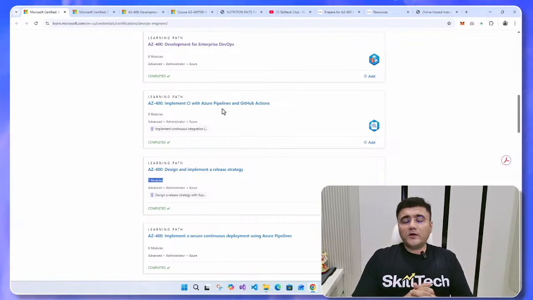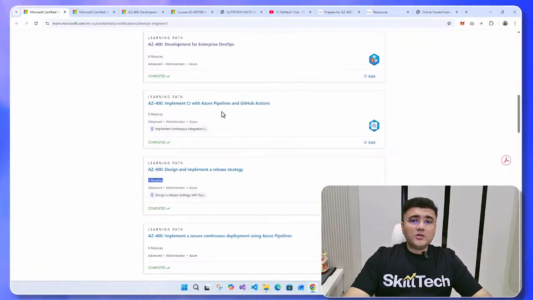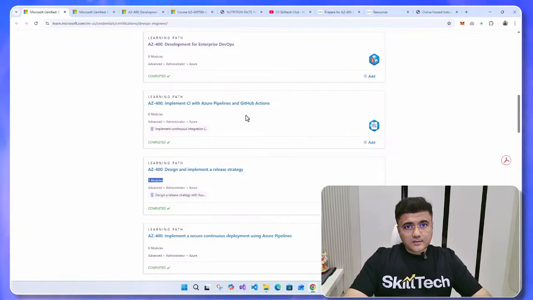Now, in this also, we are going to learn two different things. Azure Pipelines is a part of the Azure DevOps Suite, which is basically giving you CI/CD configurations where you can take care of automated build, testing, and deployment. The same thing can be served by GitHub Actions as well. The AZ-400 course is basically focusing on both. So if you really want to clear the certification exam, you need to have a knowledgeable conceptual idea, as well as you need to have practical lab exposure of GitHub Actions and Azure Pipelines as well.